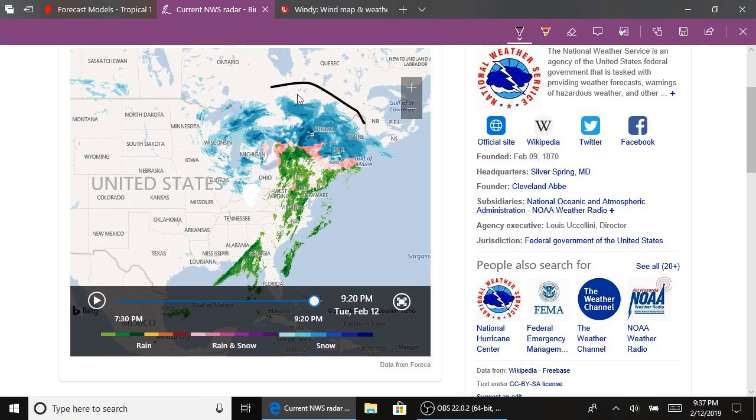So you got snow here in the blue. Probably some of y'all can see that down in here. So snow is in the blue. In the pinks, that's rain and snow, or you could say sleet or freezing rain. In the green is just rain. And so right around here in the Kentucky area, man,